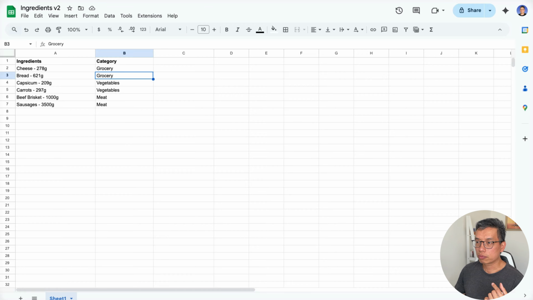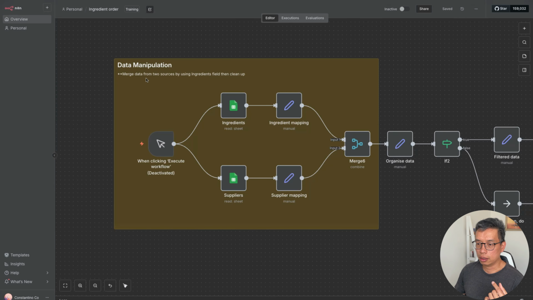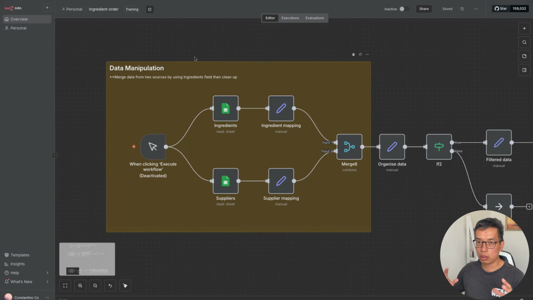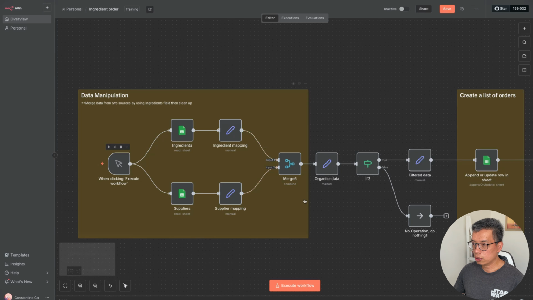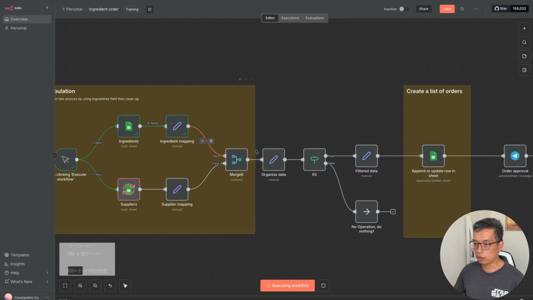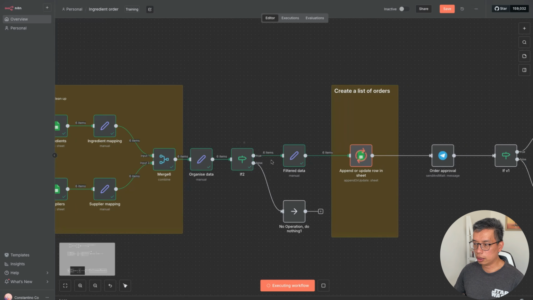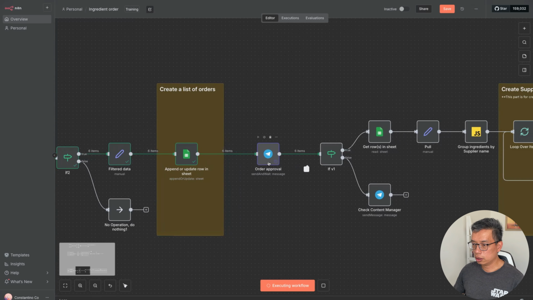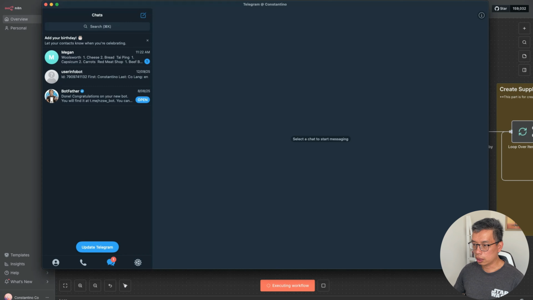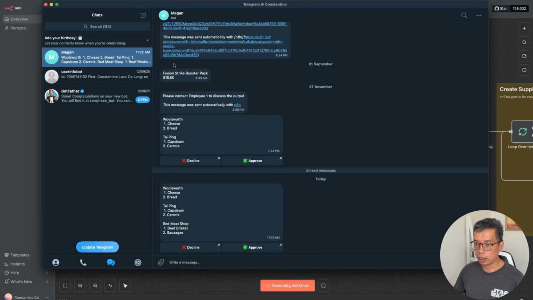And now I'm here in n8n, the workflow automation tool that I'm using to send out an email to the supplier once it's ready. Let's do that. So let's run this. I will execute the workflow, and it's going to merge the data, organize it, and then from here, order approval. I'm going to my